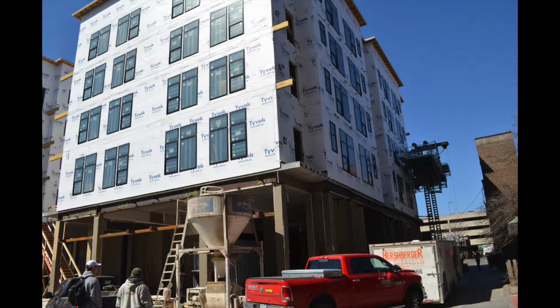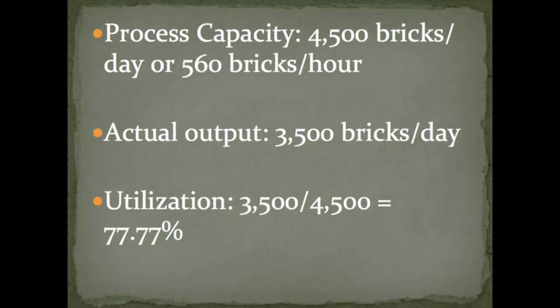This is what the building will look like that's set to be completed in late August, that the university is renting out for the next 2 years for overflow housing for dorms. So currently our process capacity is about 4,500 bricks, or 560 bricks per hour, although actually they're currently laying about 3,500 bricks a day, putting their utilization at